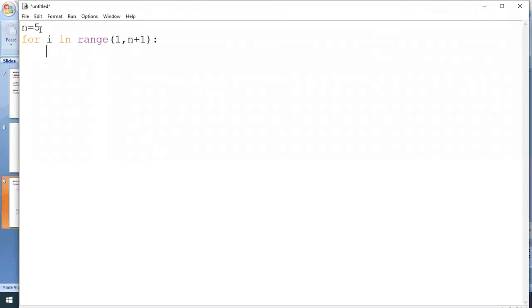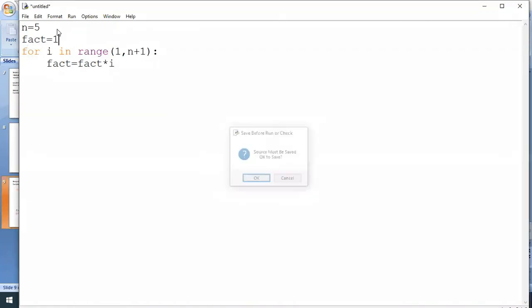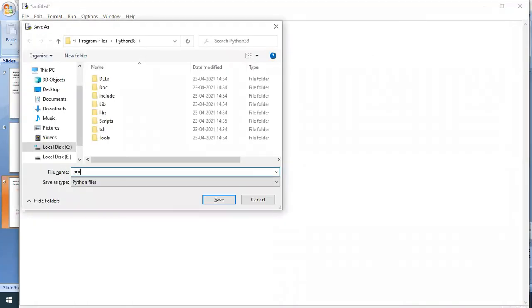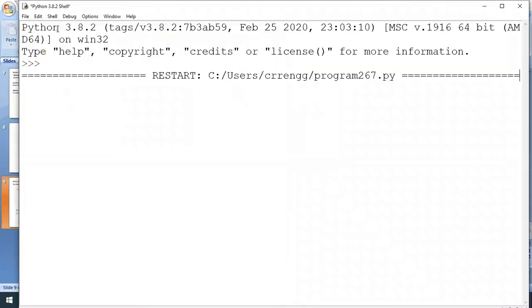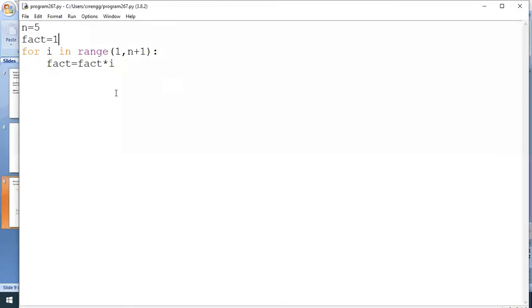You take one fact value, fact equals fact into I. Initially, I take fact equals 1. Then we print the fact value.